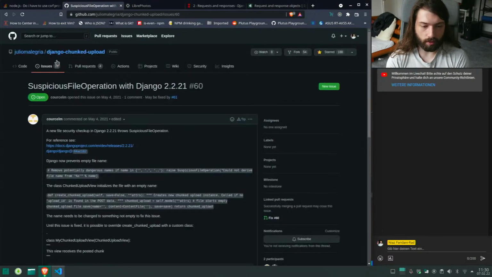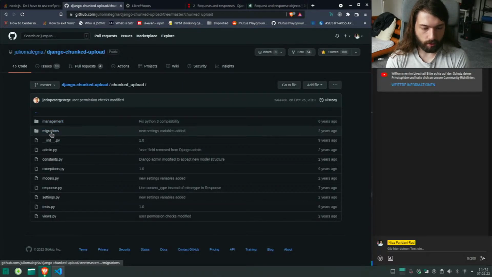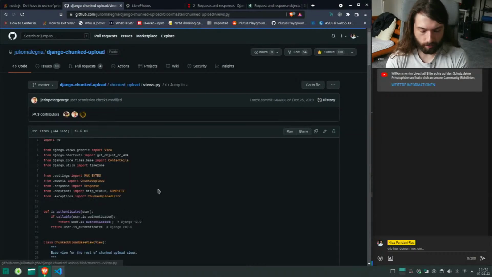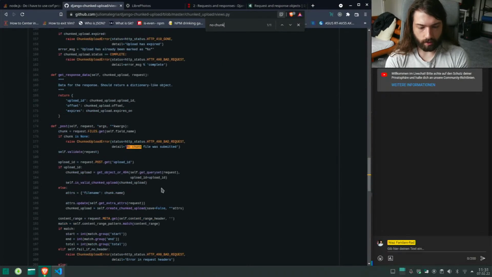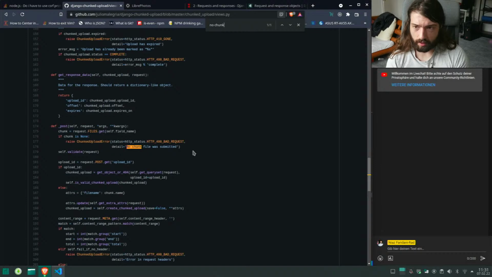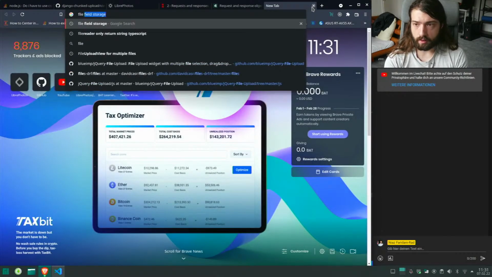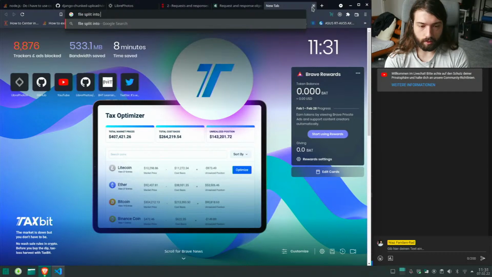And if we now go to Django chunk upload and look into views, no chunk file was submitted. This is the error we get, right? But obviously we actually have a chunk, right? So what the hell is going on? And I think it has something to do with us uploading a blob instead of a file. So we have to look again into file, split into chunks,